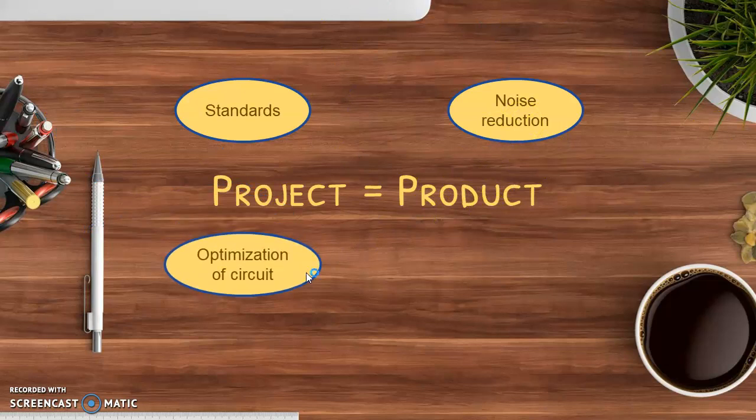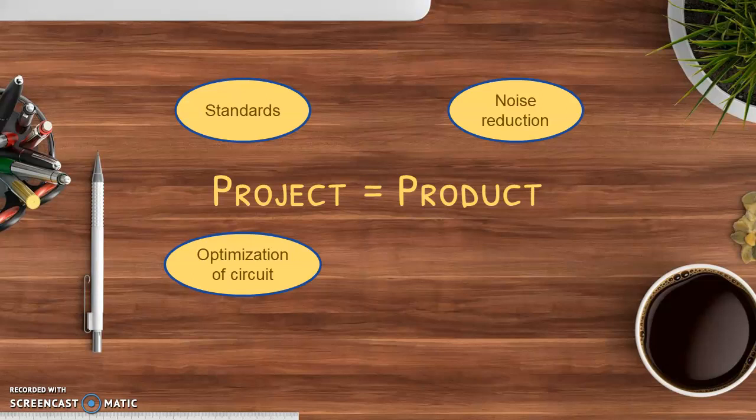Next, this is also very important: optimization of circuit. Now what is meant by optimization of circuit? See, if you have a circuit probably on your breadboard and it is working very fine, but then if you want to sell that as a product in the market, you need to make certain changes to the circuit, like the size of the circuit. We also need to look at the ergonomics and aesthetics. We also need to see whether some other good methods of implementing the same thing are already available in the market or not, isn't it?